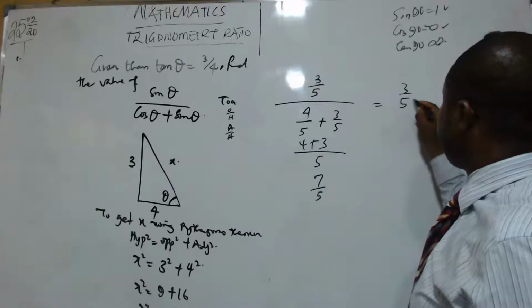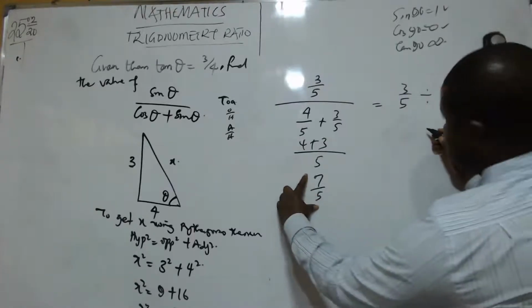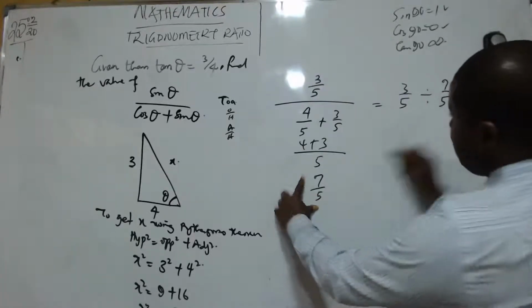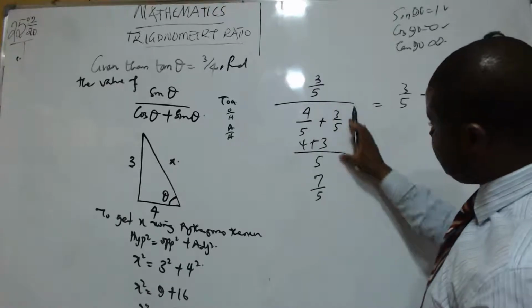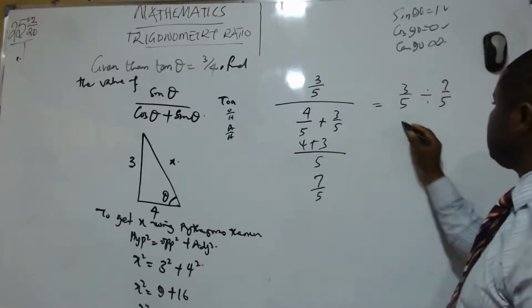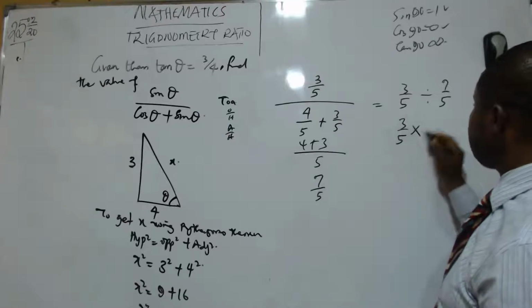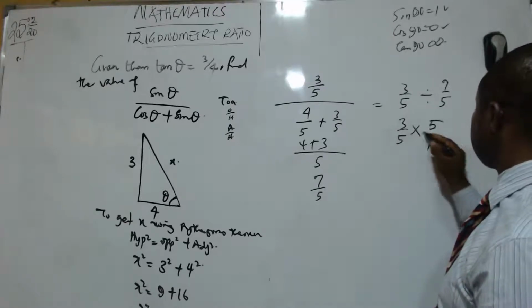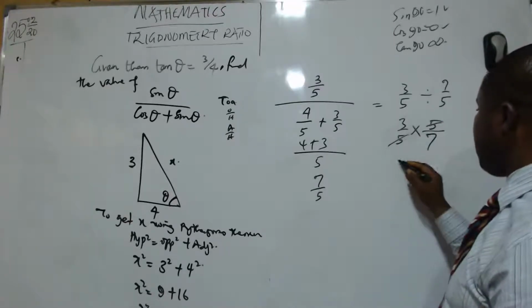So, here now we have 3 over 5, now divided by 7 over 5. 7 over 5 is for this part now. So here we have 3 over 5 times 5 over 7. So our answer becomes